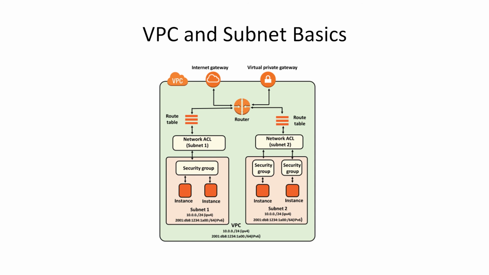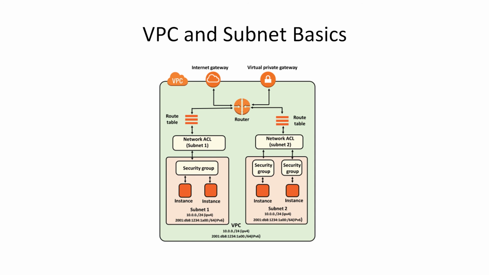If it allows you to connect, then you have an additional option of the security group, so that is the second layer of defense. If the network access control list is blocking traffic to a particular IP, then even if you try to allow it in your security groups, you won't be able to, because the first layer of defense is blocking it. Only if the first layer of defense allows that IP can you allow it in your security groups. So these are the 2 layers of defense. The next comes the route table.